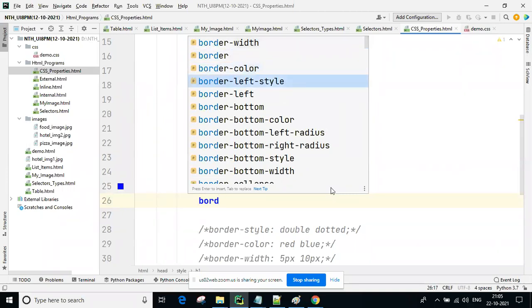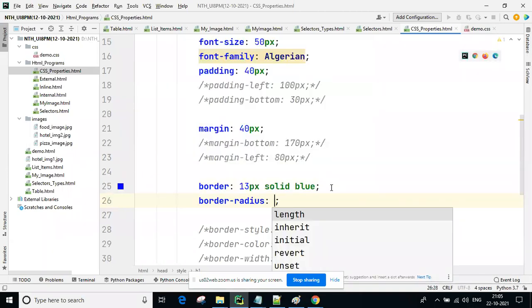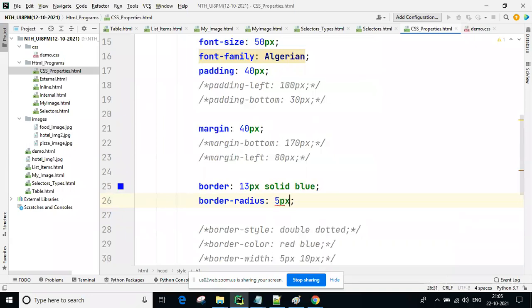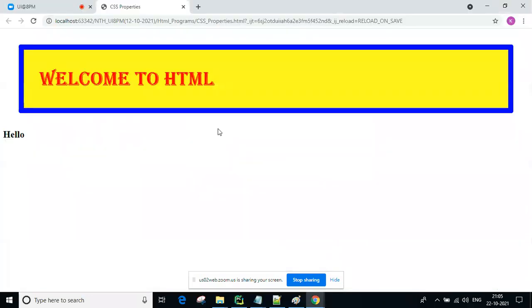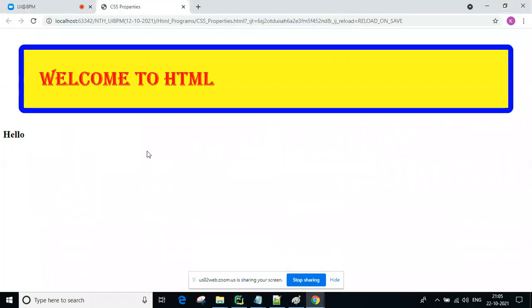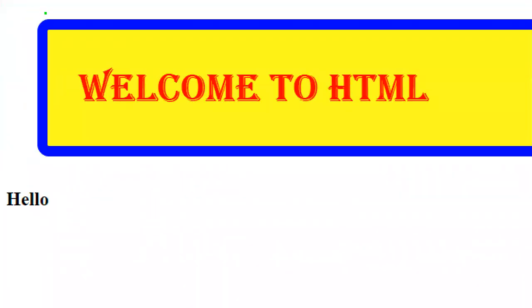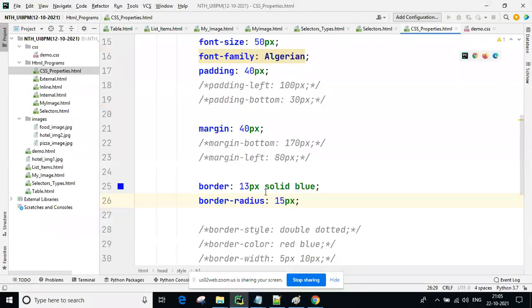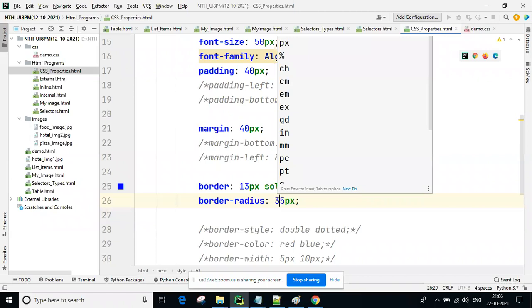Border radius. 5 pixel I'm taking. Now 15 pixel. You can see, guys, here a round shape you are getting. Actually there are corners like this, but now you get a round corner with 15 pixel. I will increase to 35 pixel.